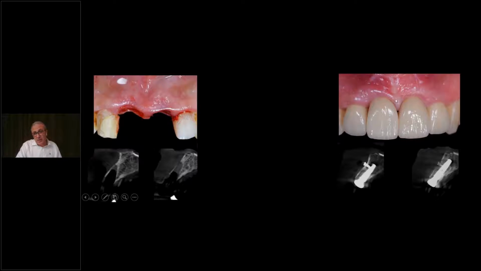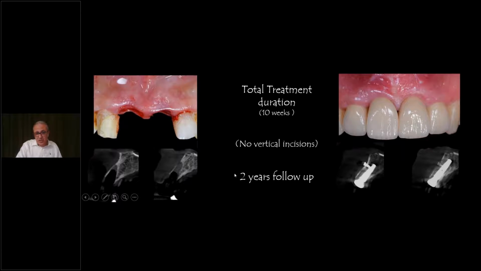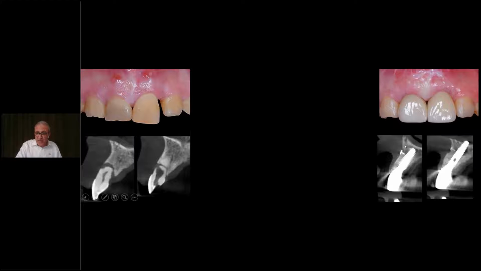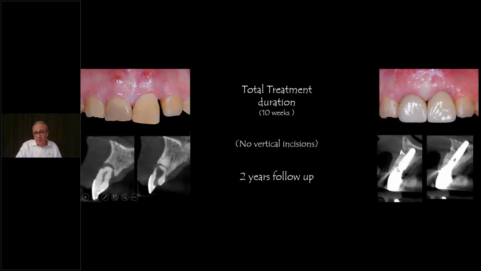Also, thin cases, complete thin tissue with very thin or absent labial plate bone, and we move this case forward to this with this type of bone graft, this type of regeneration in just 10 weeks' time with 2 years follow-up. Two central incisors for a lady who is 35 years old with no labial plate of bone, with active infection, and we move it here into this abundant labial plate of bone thickness at the same 2-year follow-up period.